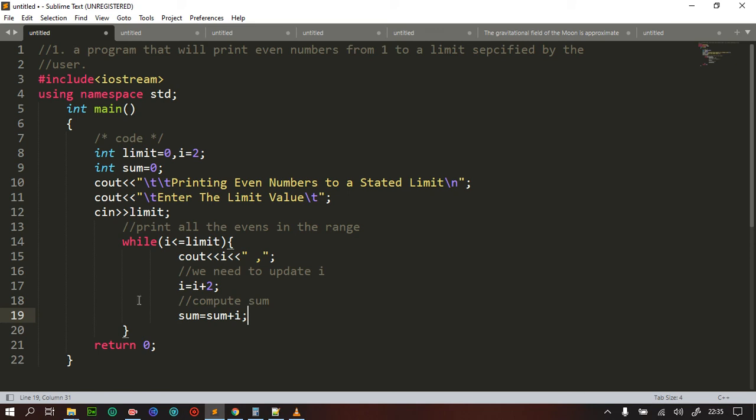Okay, so it means that the moment the loop stops executing, then it will jump out, then we shall say the sum is sum. Guys, we are together. So we have modified and we want it to compute the sum. So each time it brings the value of I, what is going to happen? It's continuously going to be adding all